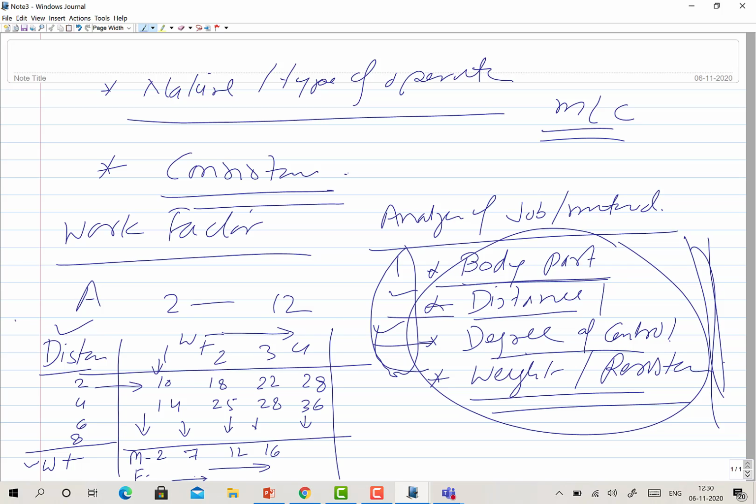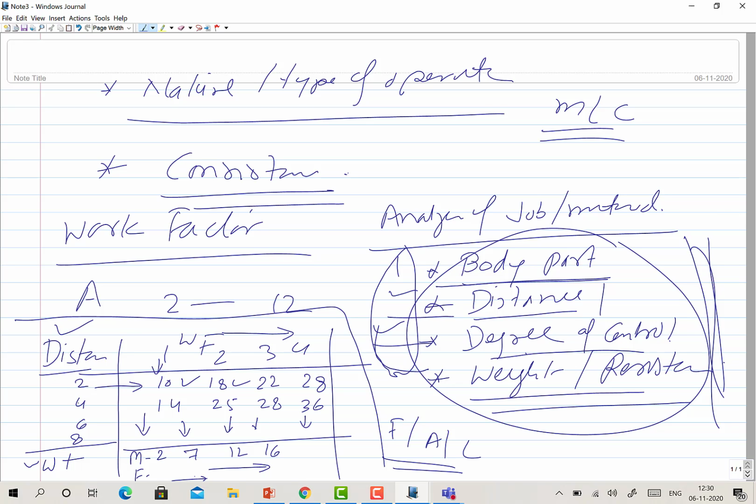So this kind of tables are there for each body member, say for fingers, for arms, for legs, like this. So basically in work factors method, there are different tables showing the time values, which will be